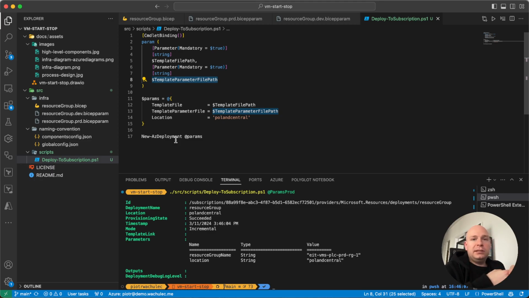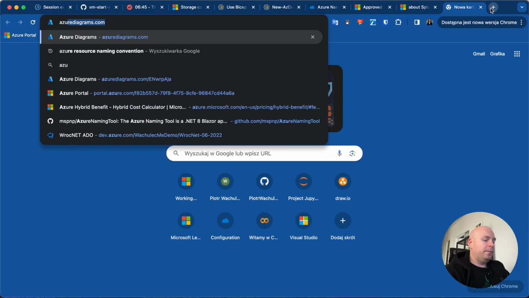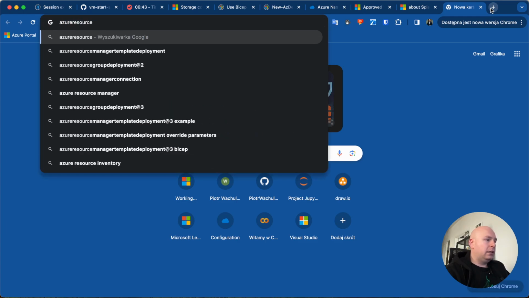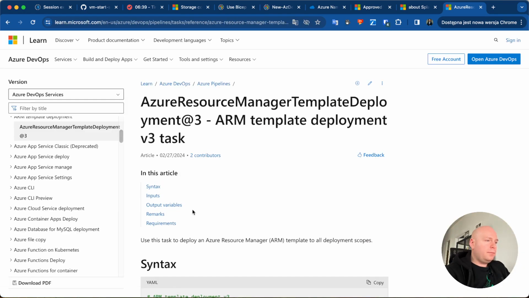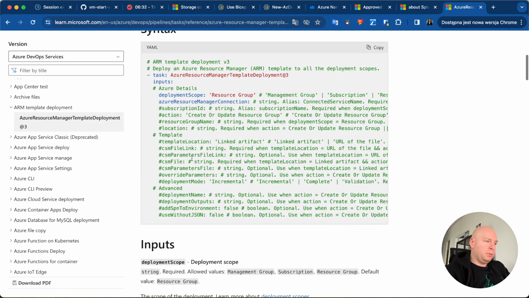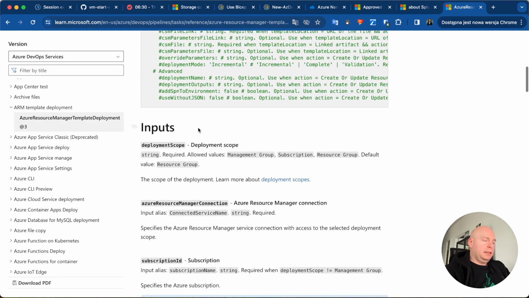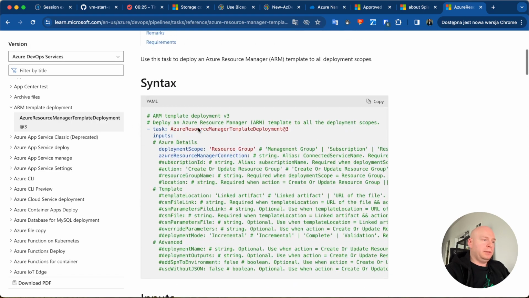built-in components, built-in blocks, for example, for deploying Azure resources. In Azure DevOps there is Azure Resource Manager, as I remember. I haven't used that for a long time. Resource Manager Template Deployment. Yeah, this is a task for Azure ARM template deployments. For example, here you can deploy the resources with the built-in components,